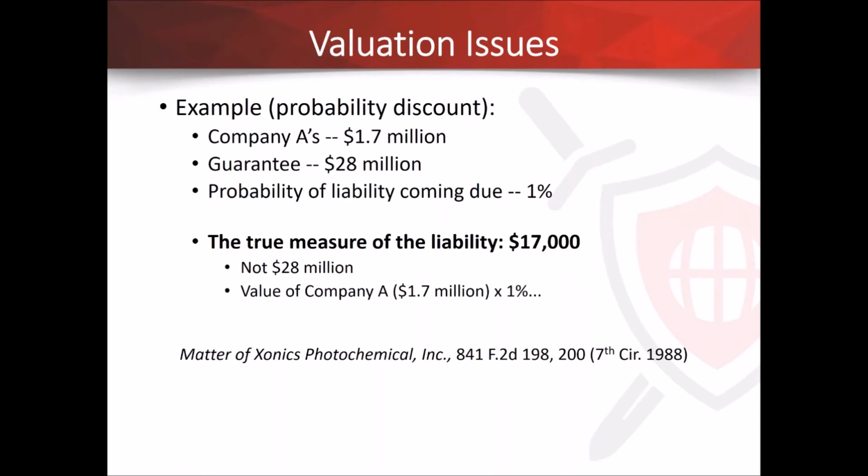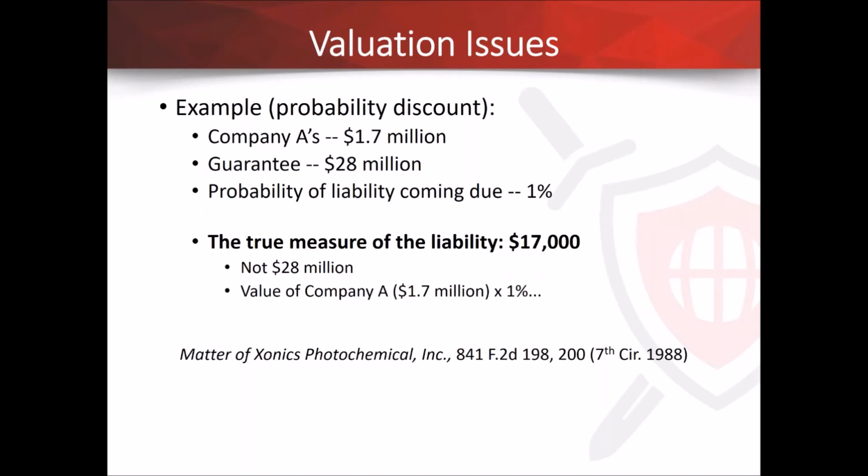Now, I'm sure that this was probably after hearing from a very eloquent expert who gave the court some basis for the financial analysis. But in the asset protection or corporate restructuring context, if you were trying to say, well, you moved assets to avoid this debt, and that company can show that, well, we did some restructuring, but we still had $50,000 in cash, enough operating cash from month to month. If you can get a court to say that your liability was only $17,000, that the true value of this guarantee of a $28 million loan was only $17,000, then you've got a great argument to defeat any type of fraudulent transfer claim.